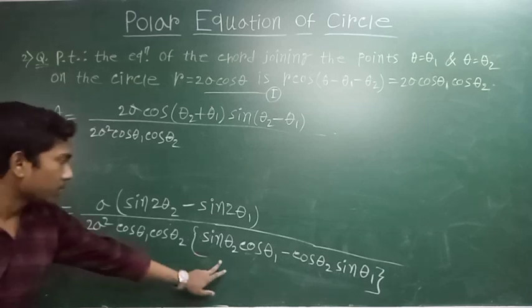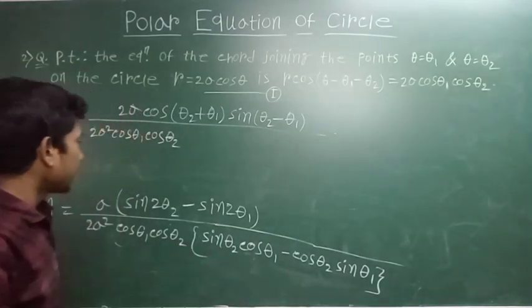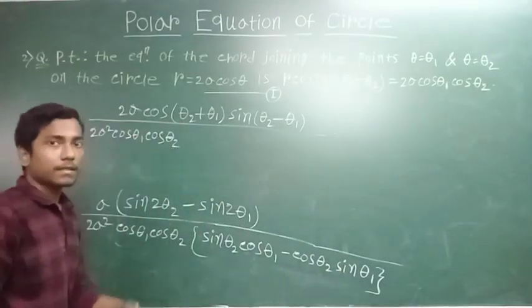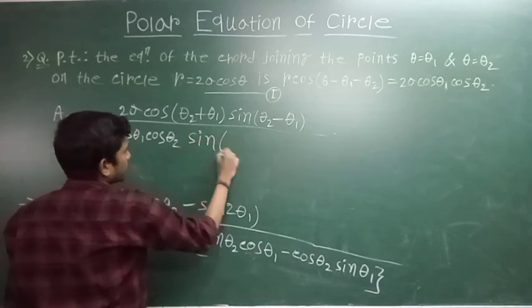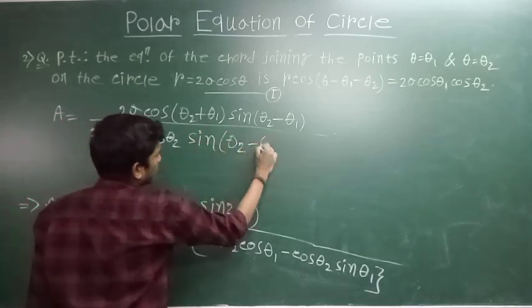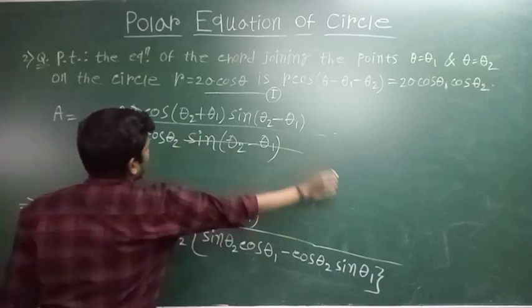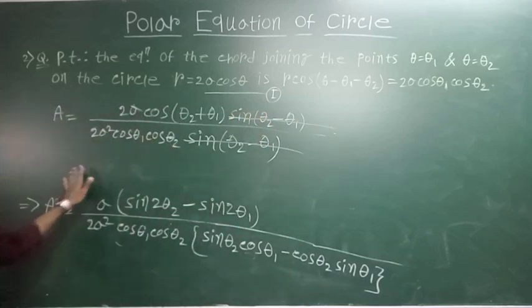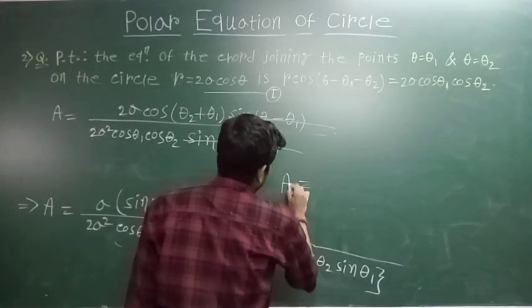Yes, sin theta 2 cos theta 1 minus cos theta 2 sin theta 1. We are left with this, and this is the formula of sin A cos B minus cos A sin B, which means sin (A minus B). So we can write sin (theta 2 minus theta 1) here. Then we cut out sin (theta 2 minus theta 1) from numerator and denominator, and we are left with our required value of A, and that is equal to